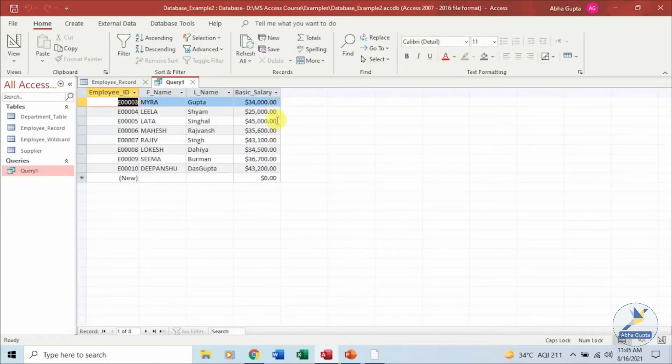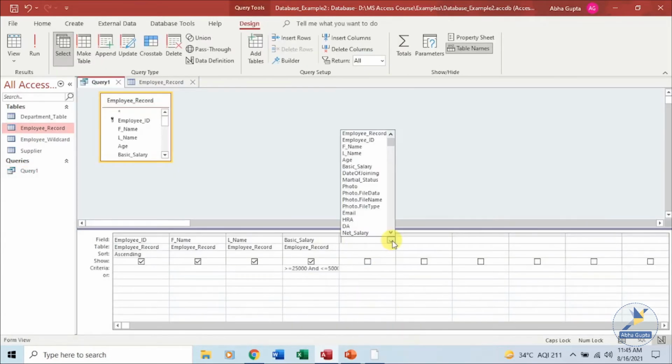You can see over here all those people whose basic salary is greater than 25,000 and less than 50,000 are being displayed here. And let me add one more field over here, city. Let me scroll down.